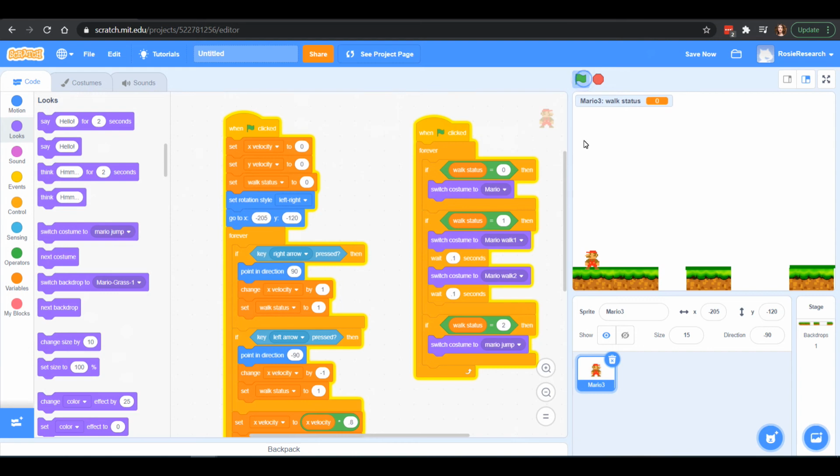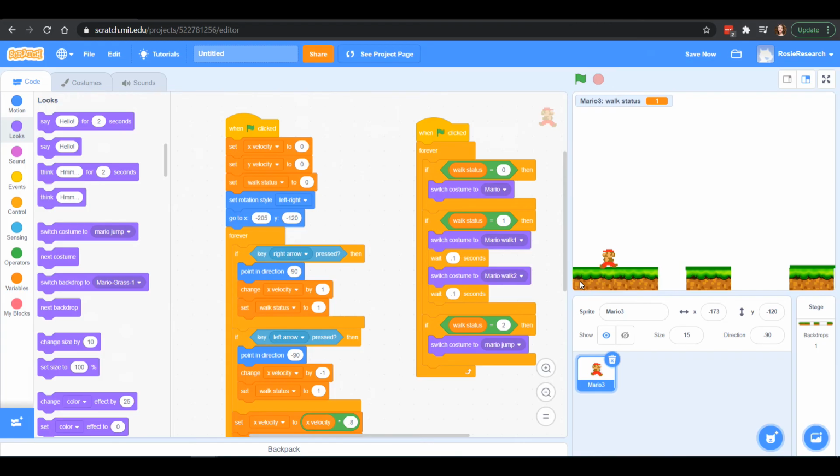All right, and we should see very instantly when we start, my Mario is standing like that. Now I can walk. It's got this great little walk, but you'll notice he keeps walking even while I'm not doing what I want it to do. We can change what this walk looks like pretty easily in our costumes. But first we want to deal with the fact that Mario never stops walking, which is kind of funny.